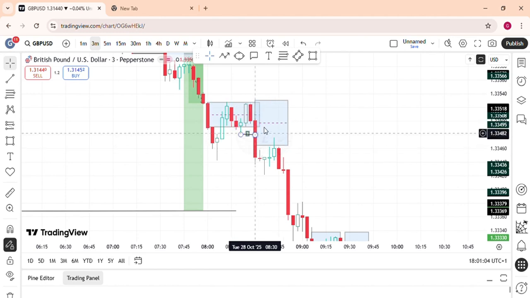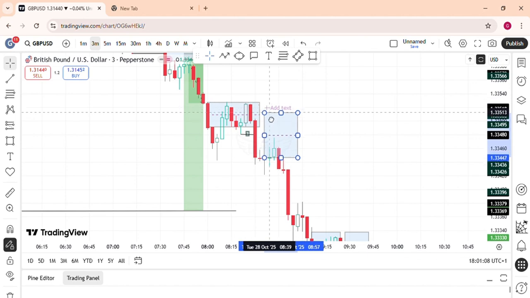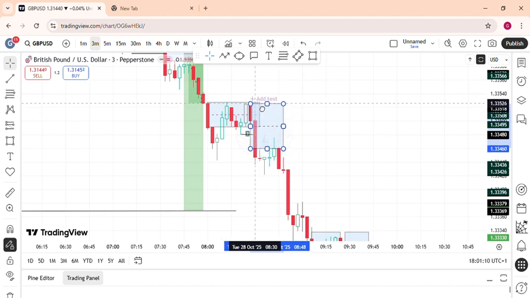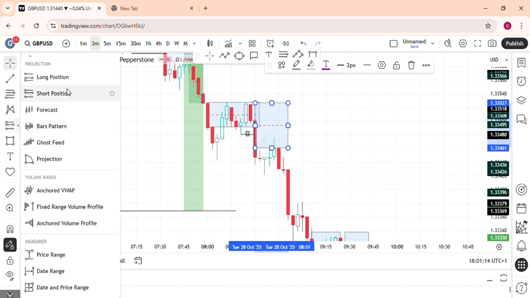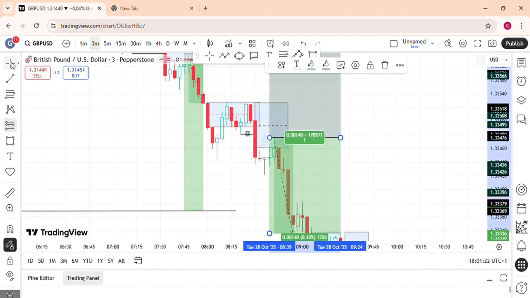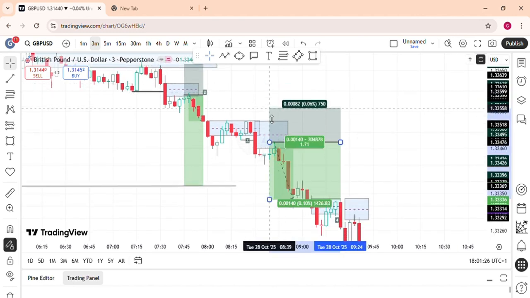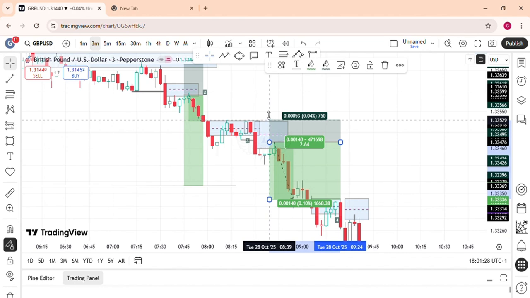So now we have our bearish trade for our trade number 3. This is our short position at this spot. You can put it at the center of this fair value gap to give us a higher risk to reward ratio. And our stop loss will be right above this previous high here.